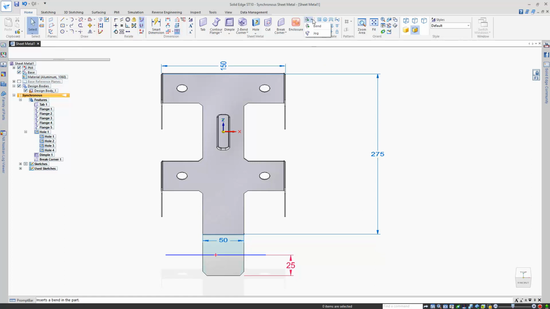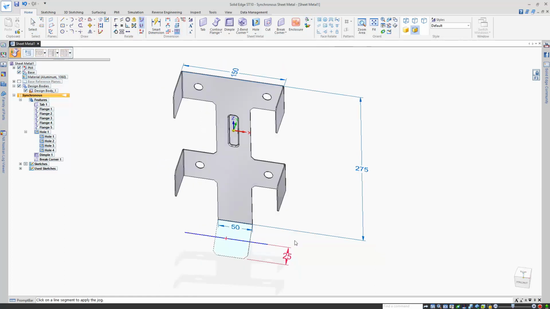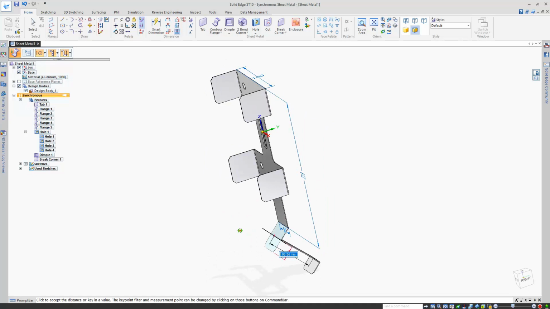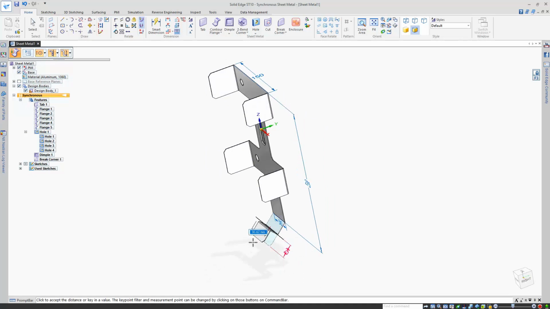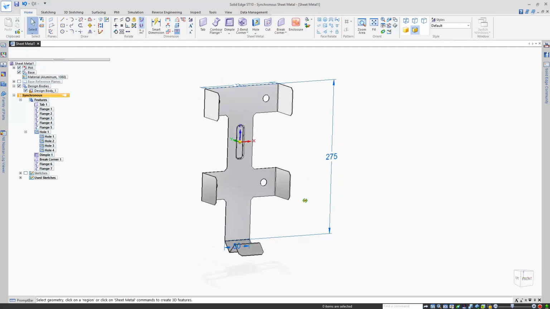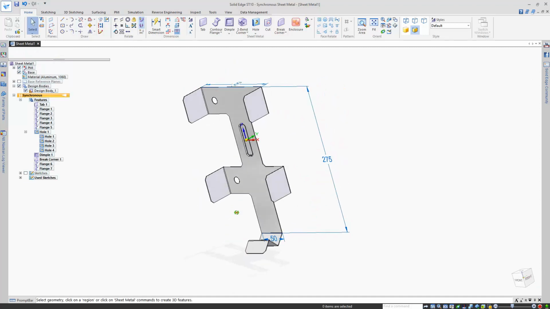So I'll start the jog command, and the white arrows here indicate which side of the jog is going to be moved. In this case, it's going to be the lower side. Let's extend the material by 25mm. In real life, this would stretch the material, but Solid Edge sheet metal parts will never get any thinner while